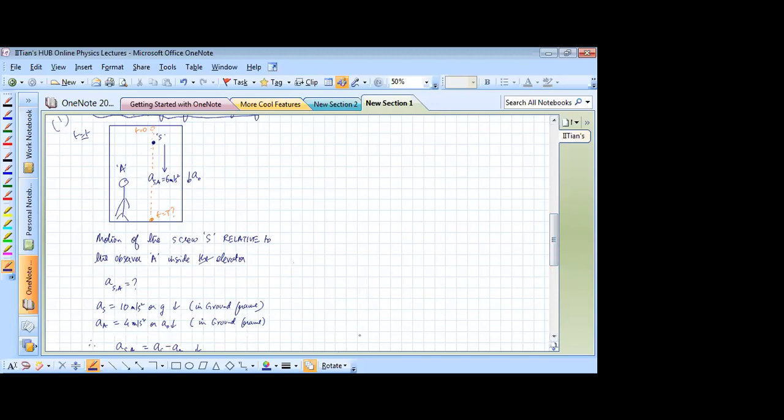Okay, so start writing down this part, then I will explain further. Here we are using the equation of relative motion. So the equations of relative motion